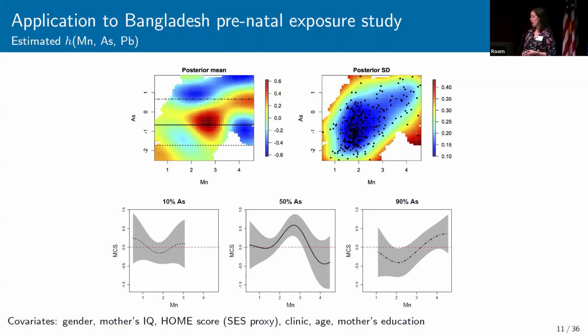And so initially when we saw this inverted U-shaped relationship, we weren't quite sure about whether this was plausible. In returning to our scientific collaborators, they indicated that manganese was a nutrient at lower levels. We might expect that if we go from the lowest levels of manganese and increase a bit, it increases the motor composite score up to some point. So it is helpful up to some point, after which further increases in manganese are then associated with a lower motor composite score. So it may be neurotoxic after a certain point.